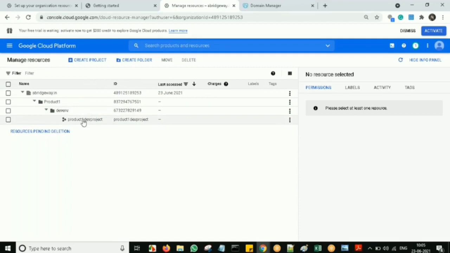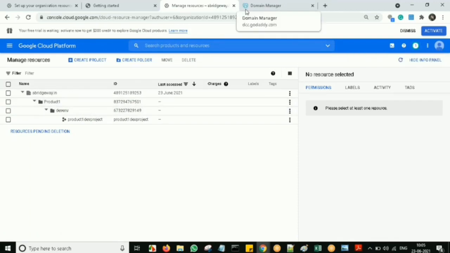Actually, under this project now, are you able to create any resources? Let's see. I'll come to a new tab. Okay, so you can see at the top it is saying your free trial is waiting. You can get $300 credits for this new account, which I'm having, right? Into that account, you can enable the billing. That billing you can map with multiple projects.